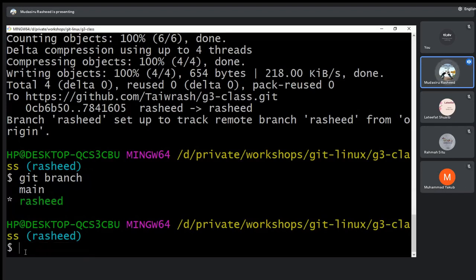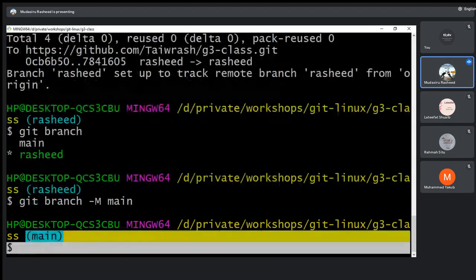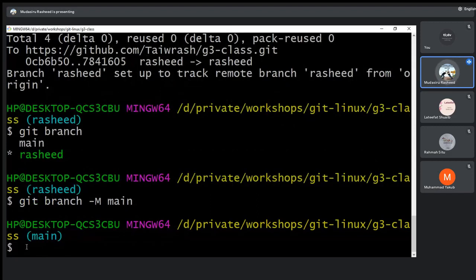For me to change from the Rashid branch to the main branch, I will have to do git branch dash m and then where I'm going, main. That's the best practice. And voila, we changed from the Rashid branch to the main branch. So everything I'm doing here now will be on the main branch. I push, I do, and undo, it will be on the main branch.